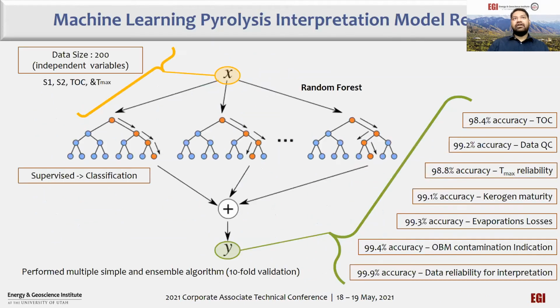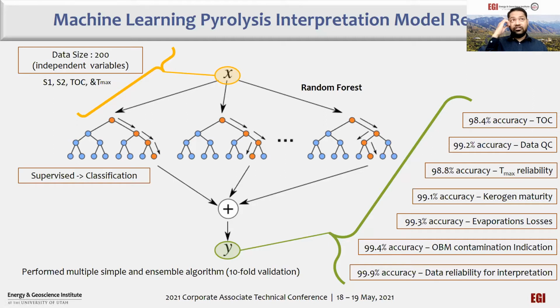Now, after we have attained these results, we used a supervised classification algorithm, which is random forest. This is after using multiple machine learning algorithms, and we used 10-fold cross-validation. We finally arrived at random forest with a very good bias and variance. Starting with just the 4 variables, S1, S2, TOC, Tmax, we could attain the following accuracies in prediction, which is